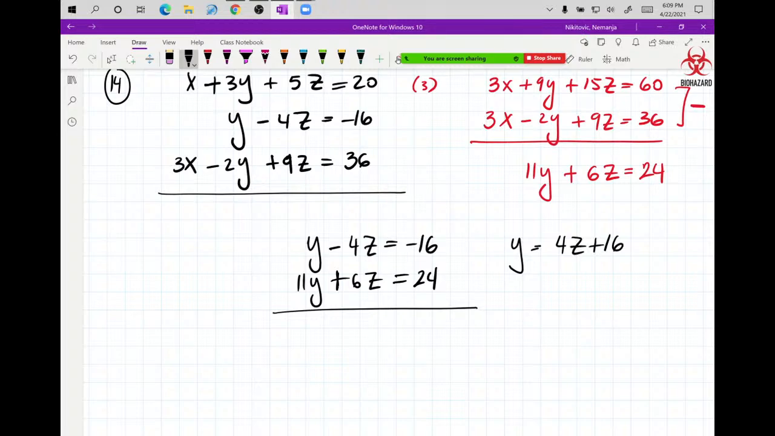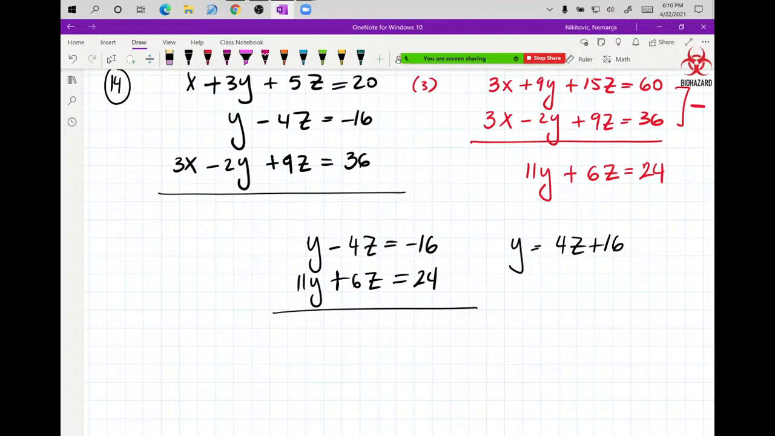This is 4z plus 16. This way, you don't have to multiply by 11 or multiply top by 6 and bottom by 4. I mean, you can, right? You have the calculator. You can be brain dead and still do it. But if you are looking for a somewhat easier way to go about it and avoid the calculator, then substitution, right? Anytime any of these variables has a coefficient of 1, you can immediately jump